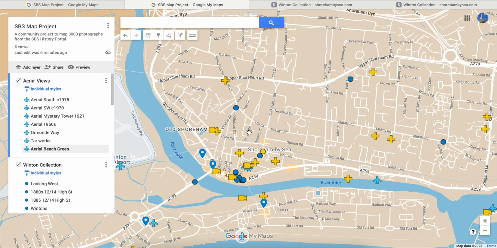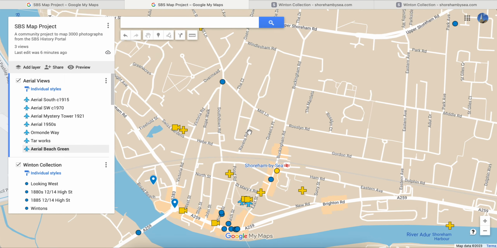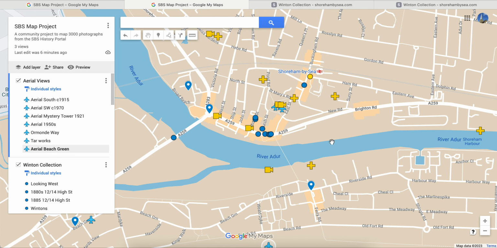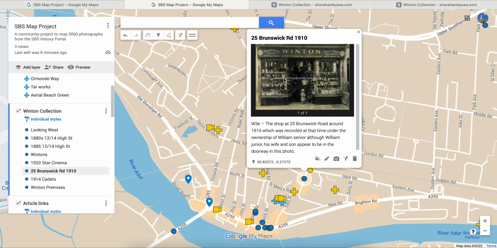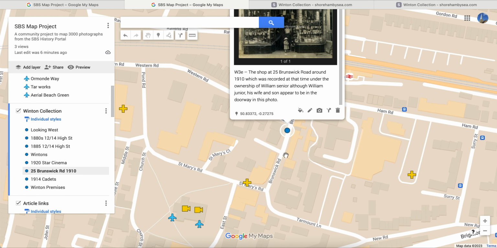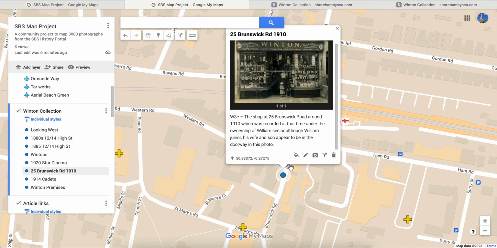project. I hope you will have seen from browsing what this aims to do. If you see here, we've got all the different icons which I've laid on just as an example of what we could do. So if we see the blue button there, we just click it and it will hopefully come up with a photograph. When it's in the non-edit mode, you'll be able to click on that photograph and see it full screen. But it's also got a description, and clearly it's in the right place for 25 Brunswick Road,